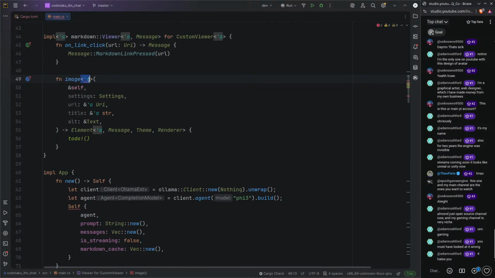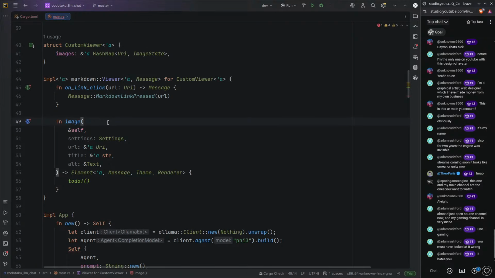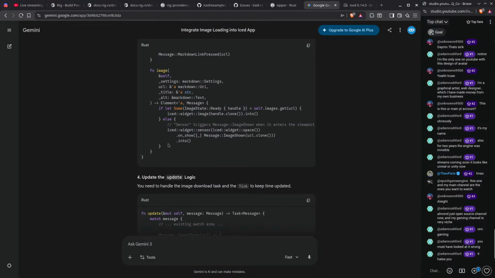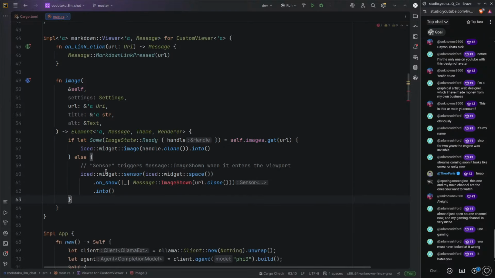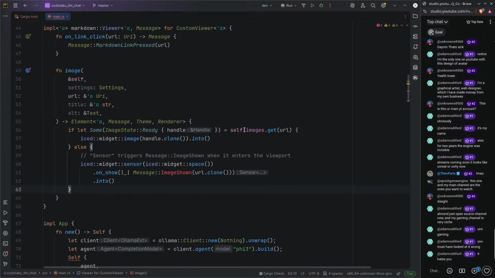And I guess you don't need it here either now. And let's go. Now you just do this. So if let some image state ready, then equal to self.image.get URL, then we just use the widget image, the iced image widget, and we give it the handle. Else,